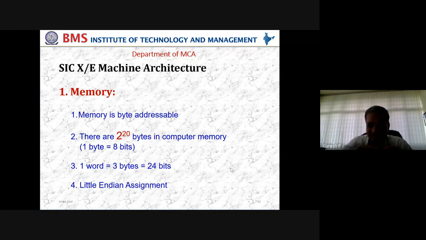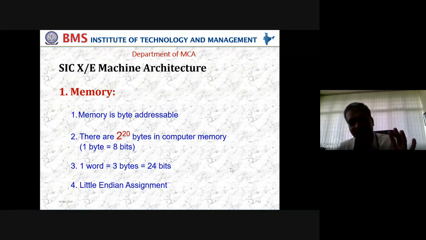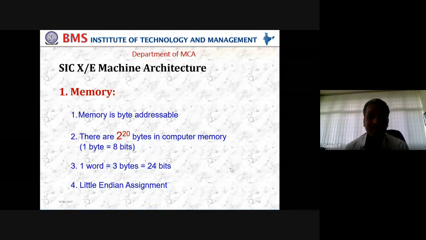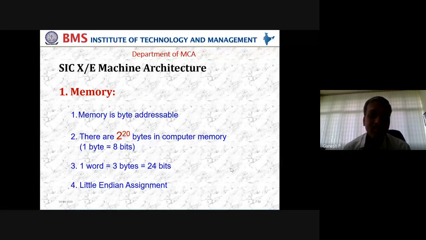By changing 5 bits, 32 kilo has become 1 mega. That is the exponential power of 2. You may have added 5 lines of address, but 2 power 15 was just 32,000, whereas 2 power 20, an increase of 5, has given room for 1 mega. That is the total number of addresses possible in the memory of SIC XE. That is the first difference between SIC XE and SIC memory. Others are quite the same.